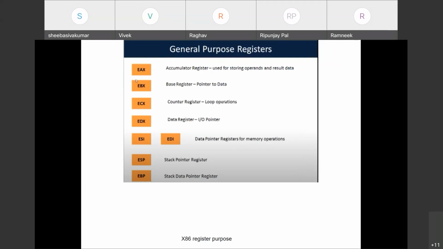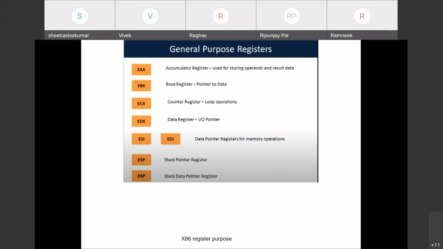Whenever you find a for loop, generally in the assembly version of it you will see ECX in use. Then you have the EDX register. ESI and EDI are used for performing memory operations. Whenever there is a string comparison or copying of memory from one place to another, ESI and EDI are used.